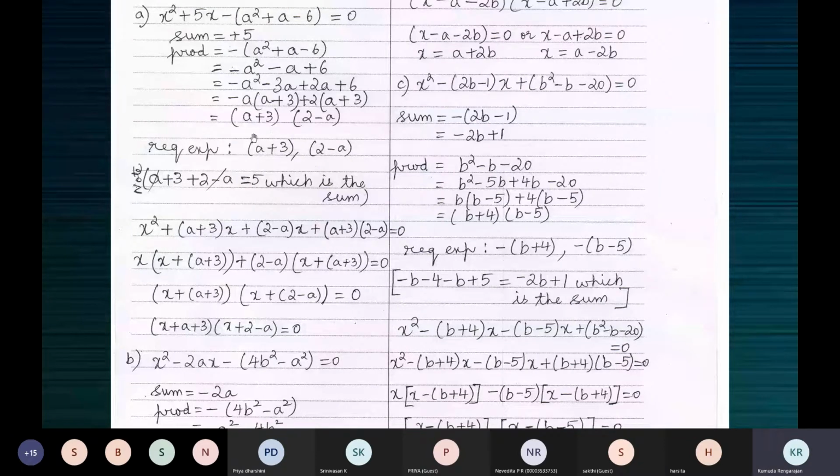So there is no point equating this to 0. We are not solving this equation. We're just trying to simplify this by factorizing so that we get simpler expressions like this. When you factorize, you get two different expressions. In this case, we use them as they are. Sometimes we may have to affix a plus sign to one and a minus sign to the other, or minus to both. Here, as they are, the expressions help us to get the sum plus 5.